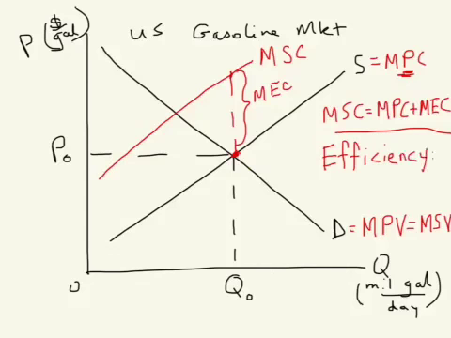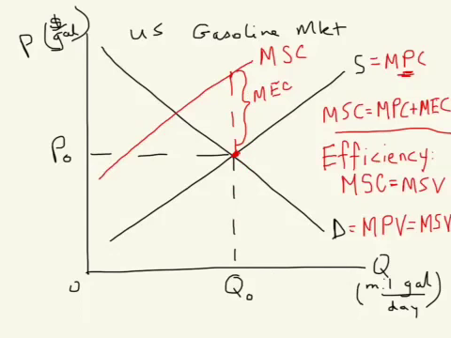Economic efficiency occurs at the level of output where marginal social costs are just equal to marginal social values. And realize that when there are important negative externalities, the market equilibrium outcome Q naught is not the economically